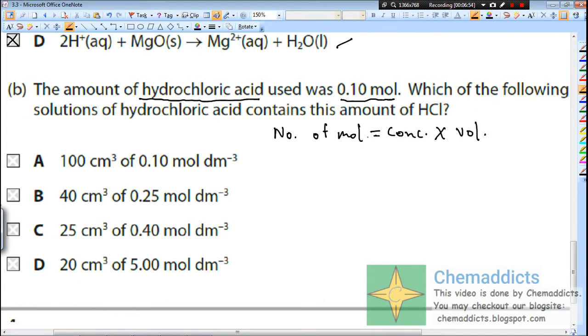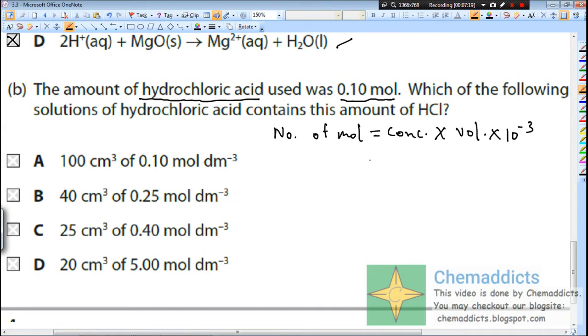If we want to convert this into dm cube, we need to convert this into dm cube, 10 to the power minus 3, since the concentration is in dm cube. So here let's use this